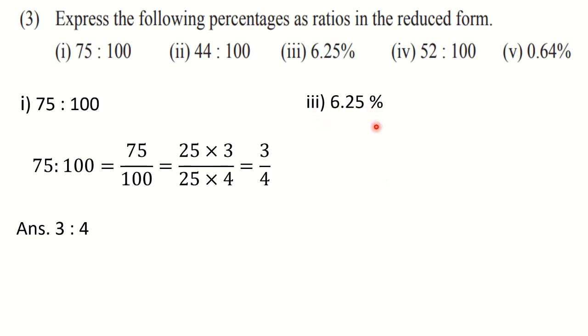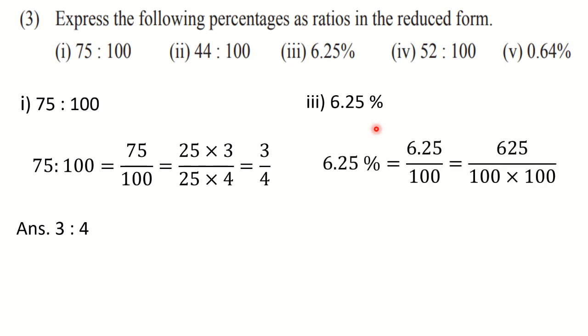6.25%. As I have said, here the second quantity is 100. So we can write this as 6.25 upon 100. Now here the point is present in the numerator and not in the denominator, so it is difficult for you to divide. Those who can, they can do it by themselves. But to remove this point from the numerator, see, after the decimal place you have two digits, 2 and 5, so you are going to divide by 100. Because 6.25 is nothing but 625 divided by 100.